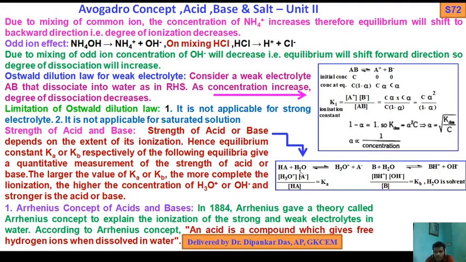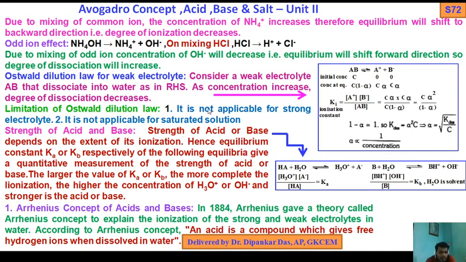How? If HA reacts with water, we get hydronium ions plus A minus. If B reacts with water, you get BH plus and OH minus ions. For these two reactions, the dissociation constant Ka equals the molar concentration of H3O plus times the molar concentration of A minus, divided by the molar concentration of HA. Kb equals the molar concentration of BH plus times the molar concentration of OH minus, divided by the molar concentration of B. Water is a solvent. In this way we find the exact strength of acid and base, that is Ka and Kb.